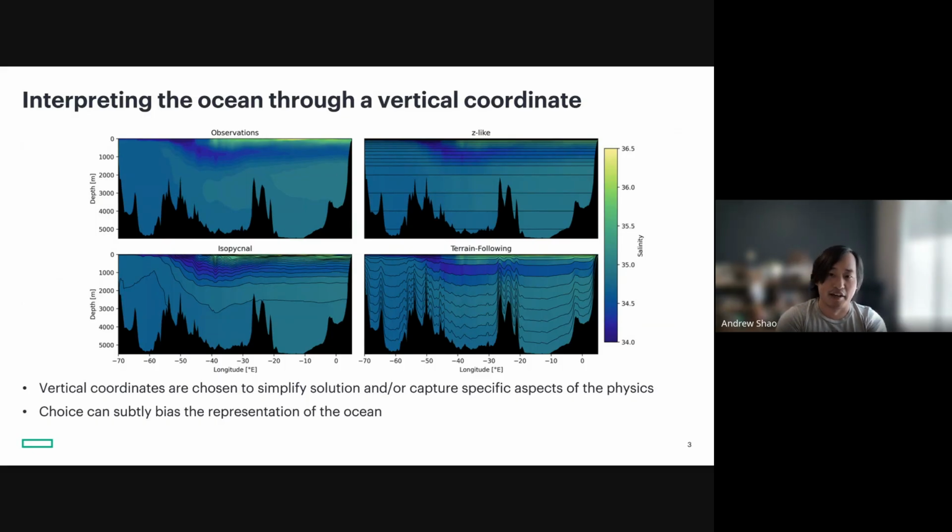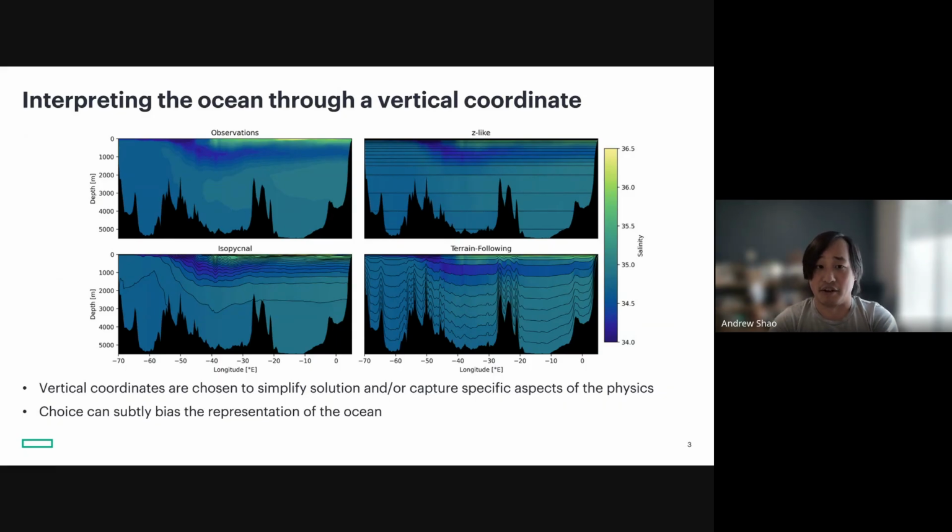So if you take that and now do what we do in most ocean models, which is to say, okay, let's take these observations and discretize them according to a different type of vertical coordinate. So the Z-like coordinate. These are all things like the original Z coordinates of the Bryan-Cox model, all the way up to things like the Z star and Z tilde methods, where you specify that the vertical coordinate just exists at prescribed layers. Now, if you interpolate onto this coordinate there, you get something that looks somewhat similar to what you see on the left,